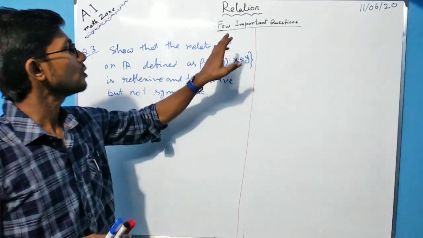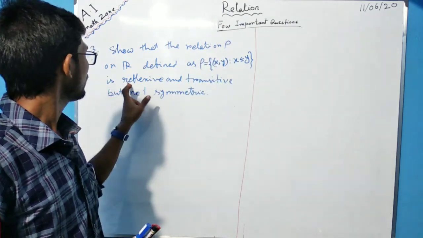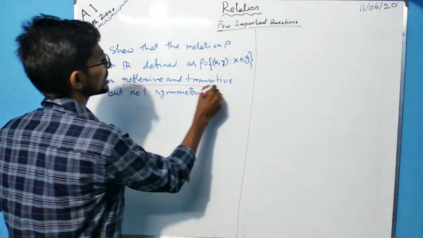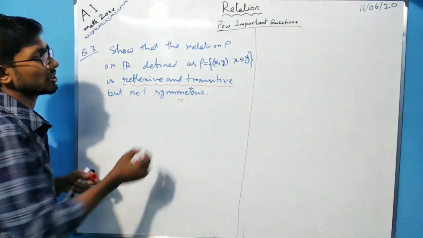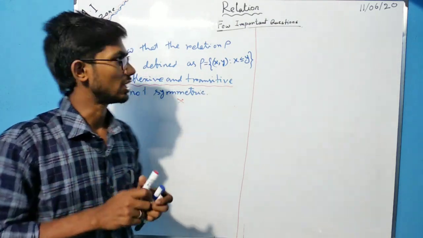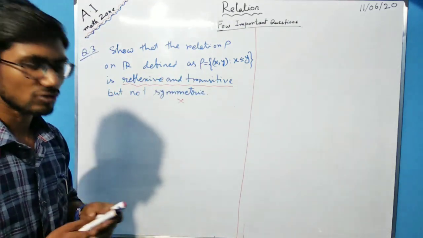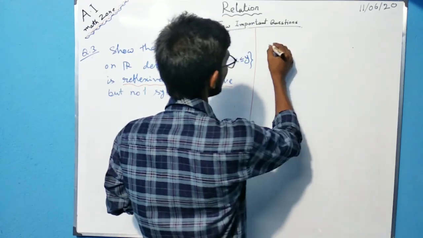That is, you have to show that R is reflexive and transitive, right? But not symmetric. This is reflexive and transitive, but not symmetric. लेकिन symmetric नहीं होगा. Now, let's prove that rho is reflexive and transitive. Since